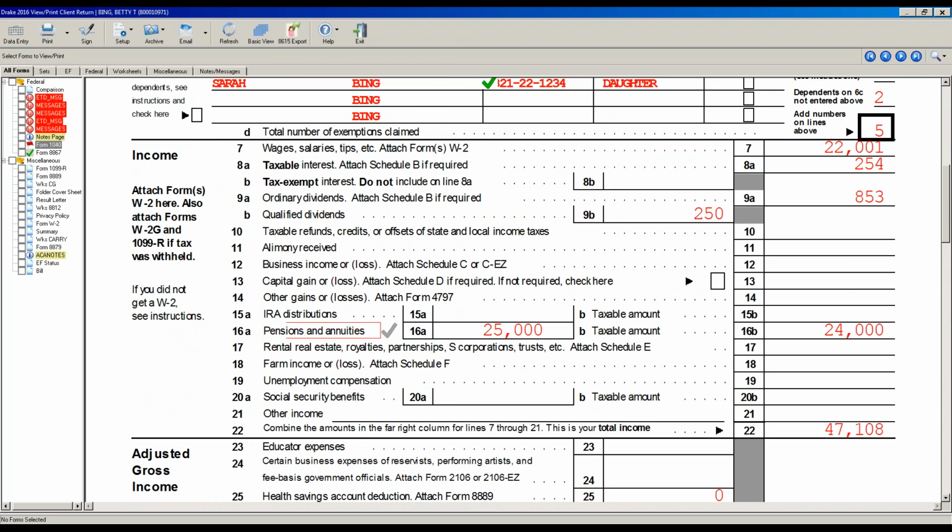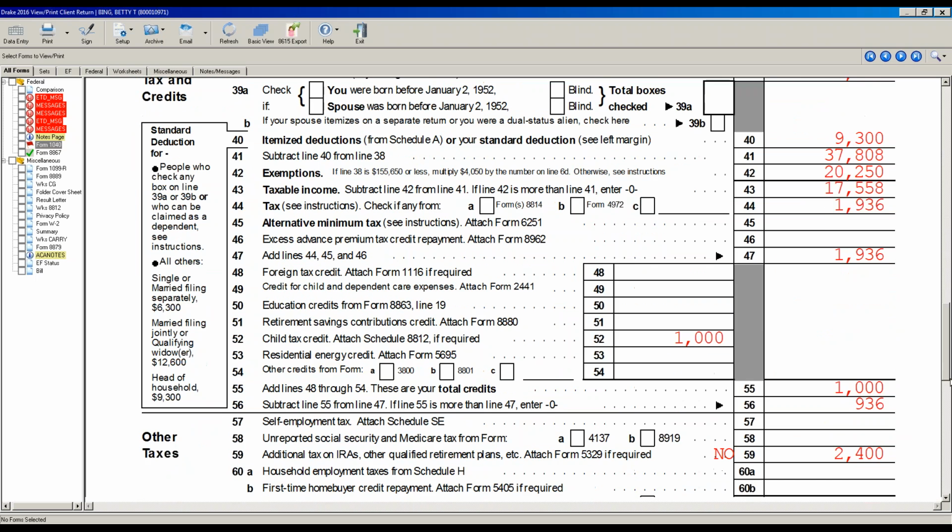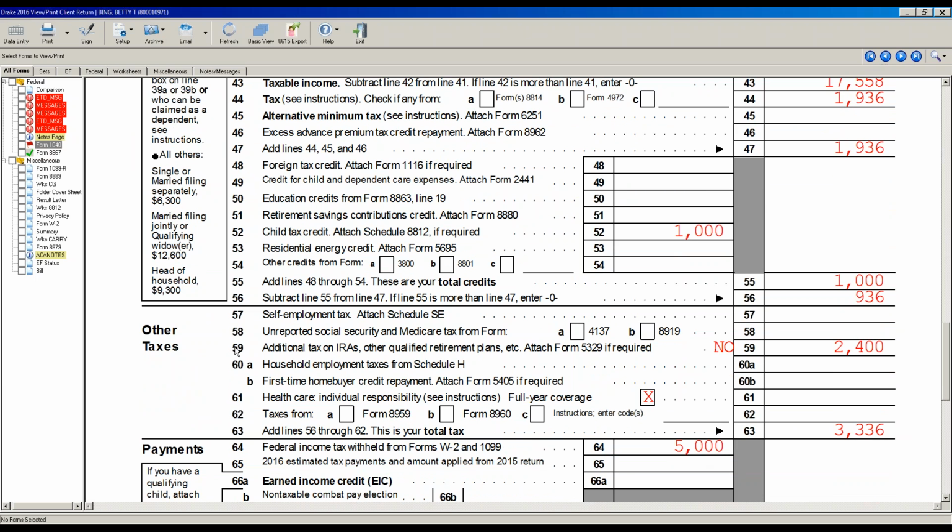Line 16A, pensions and annuities. I received a total of 25,000 from this, but only 24,000 taxable. That gets added into all my other income. And on the back side here, line 59, other taxes, no known exception. There's a penalty, 10% of the taxable amount, so that's 2,400 additional tax I'm paying as a penalty being added